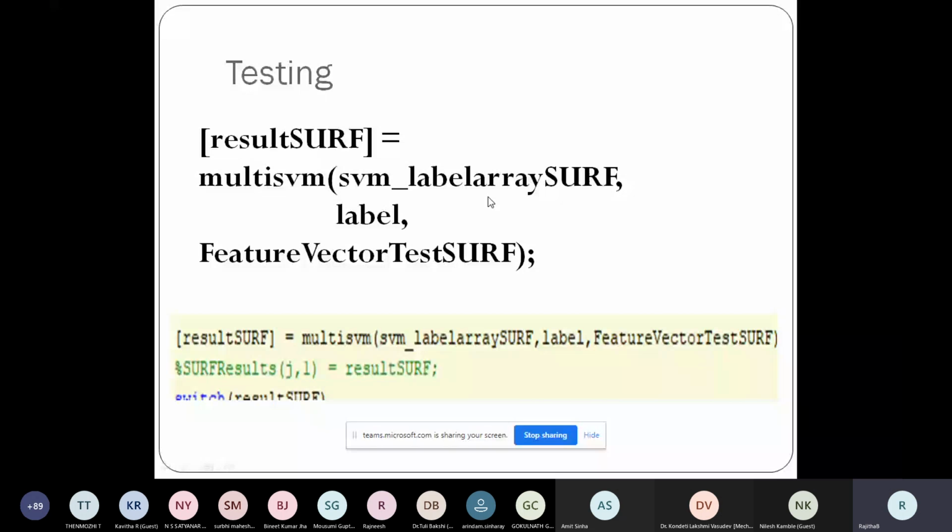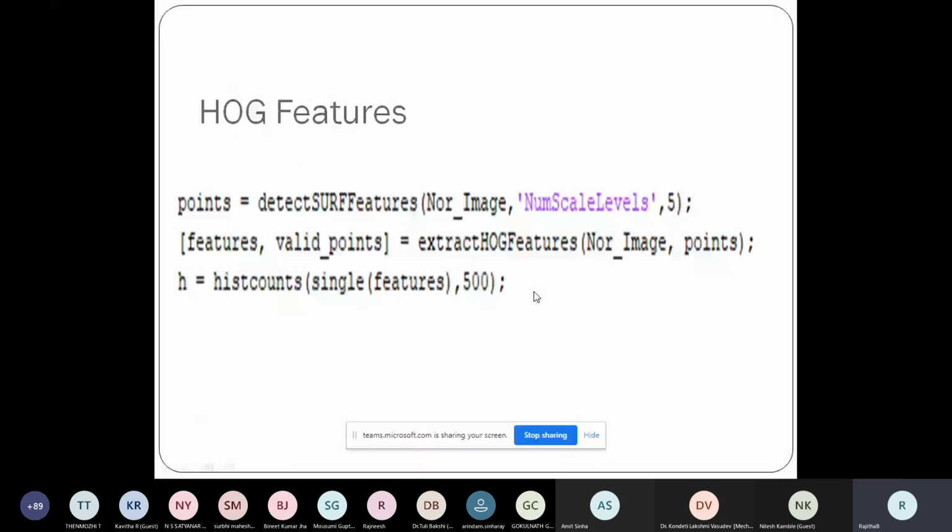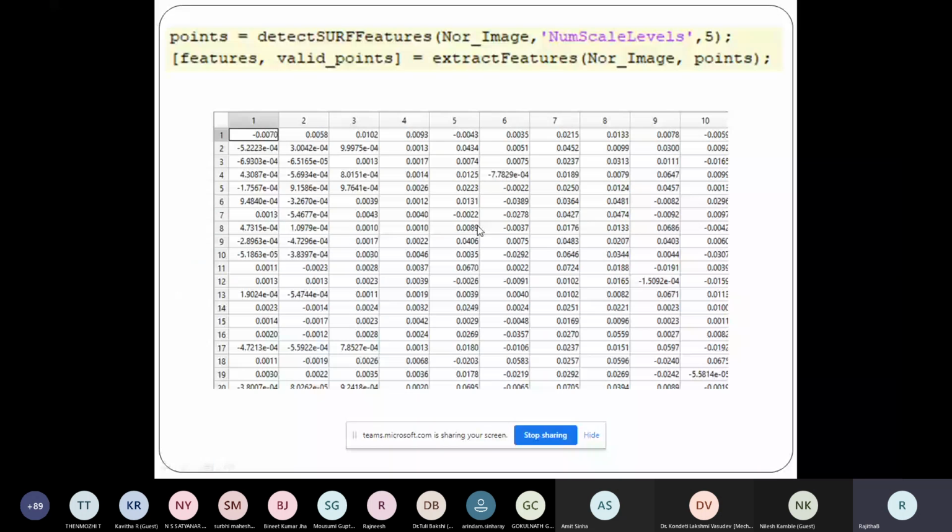I have a SURF label array. That means the feature vector of all the data set images using SURF. Now that means I have 572 images. All those 572 images, what are their features? I have stored them in this array, and the corresponding labels. Now I need to match with the query. So this is the feature vector of SURF for the test image. The test image also needs to go through all this process, feature extraction, to get this feature vector, and then finally construct its bag of words, which is stored in this.